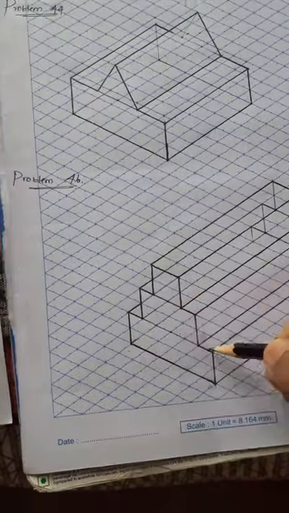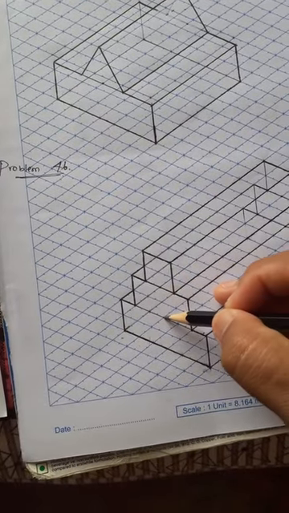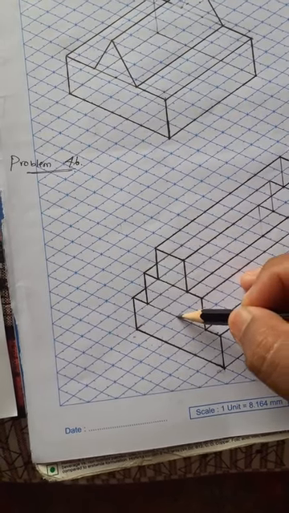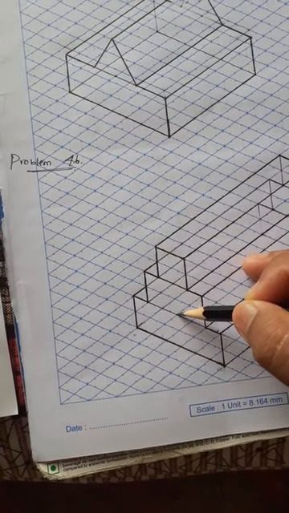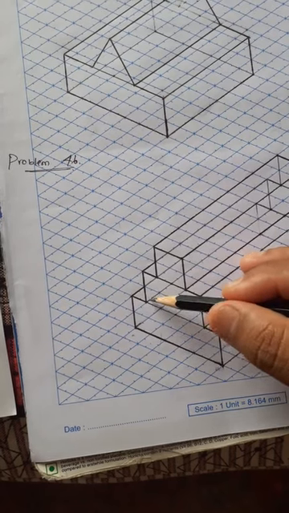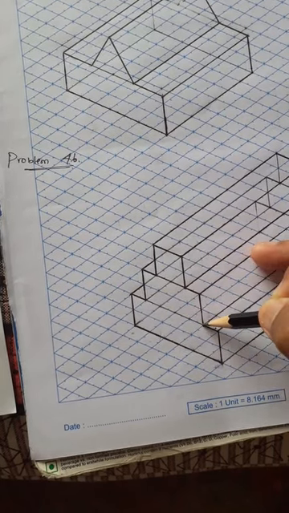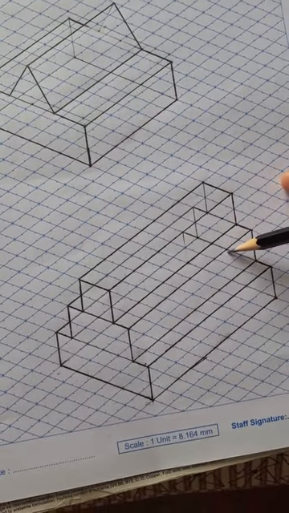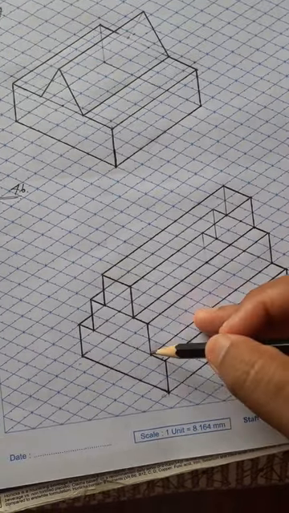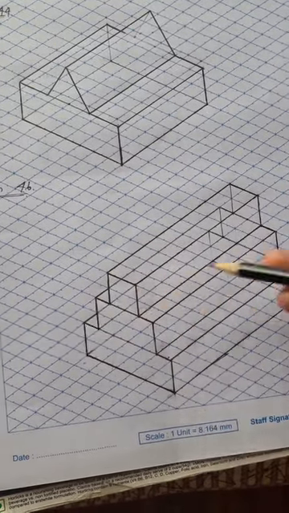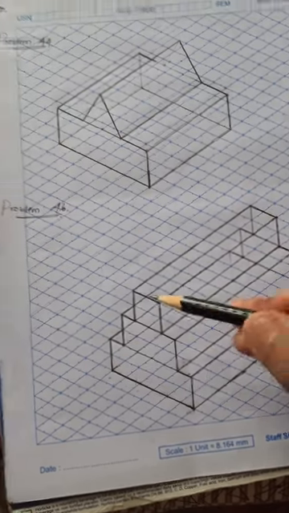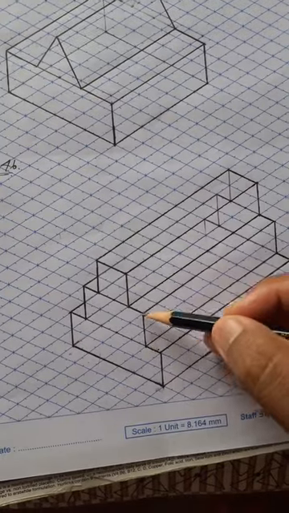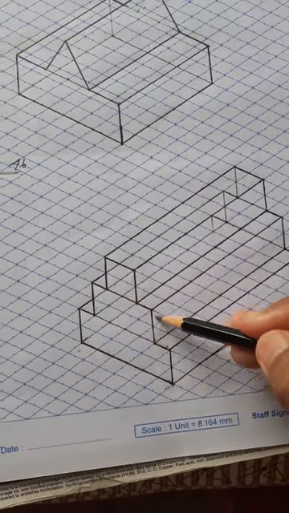From the center of the first slab on the top, measure 30 mm from this end. Then measure from the center of the top face block. Total 40 mm means on each side it is 20 mm and 20 mm. Similarly do the same on the other side, 20 mm and 20 mm. From those points draw vertical lines. On the vertical line, what is the thickness of the slab here? The second slab is also 20 mm. From this we measure 20 mm, and construct the second rectangular